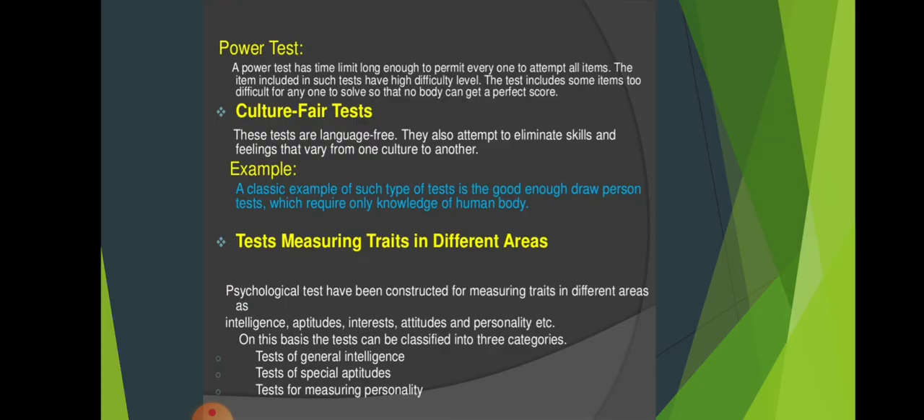So these are the different tests that we have studied today. I hope you have understood,